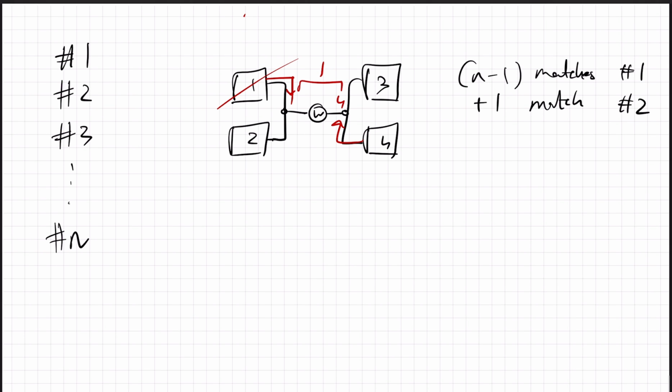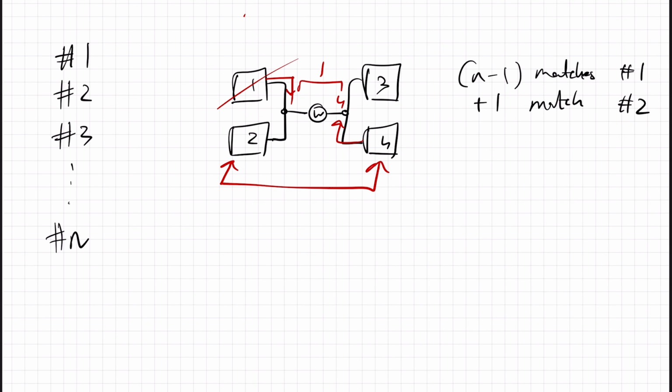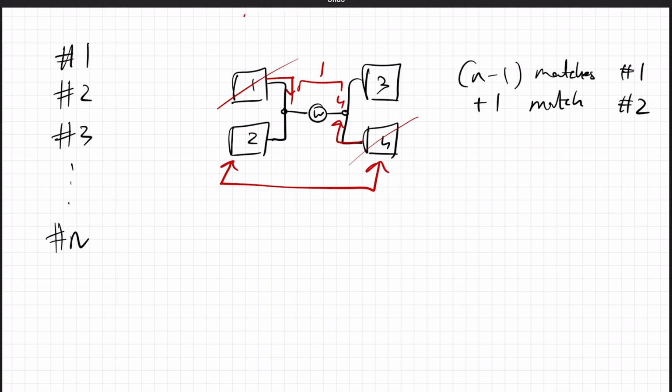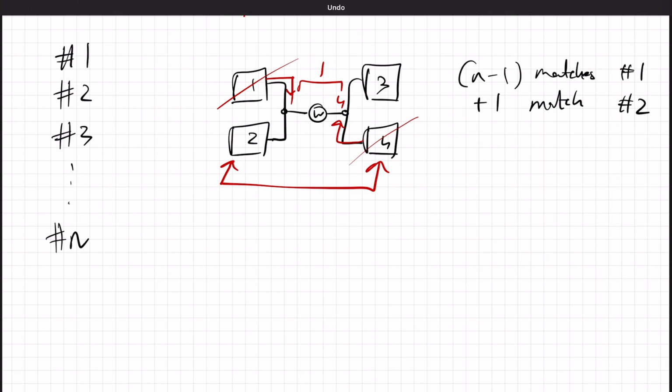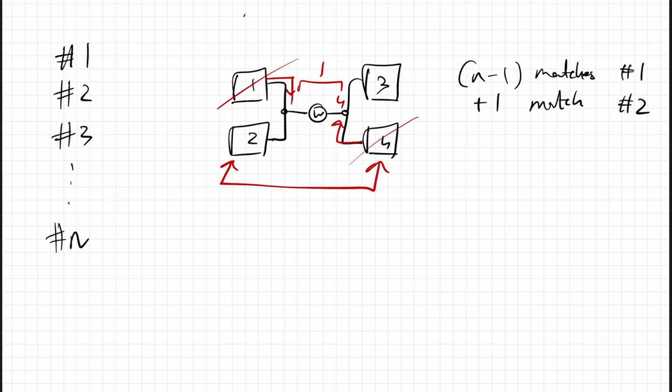4 played 2 and then 4 actually won? So now that means number 2 is 4, and now we need to play 2 against, well, we know it's less than 4, but is it greater than or equal to 3? 4 beat 3, so 4 is greater than 3. These are actually team names, so it's a bit confusing, but 4 is greater than 3, but is team 2 going to be better than 3 or not? Team 2 is worse than 4. Is it worse than 3 as well? Well, we'd have to play against them.